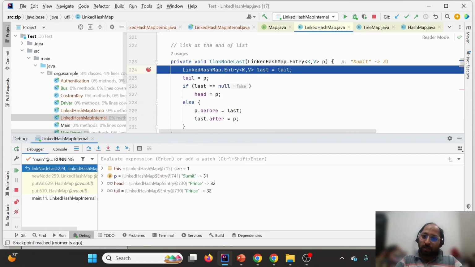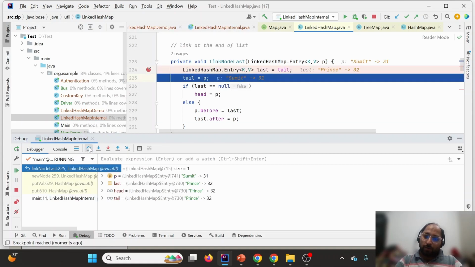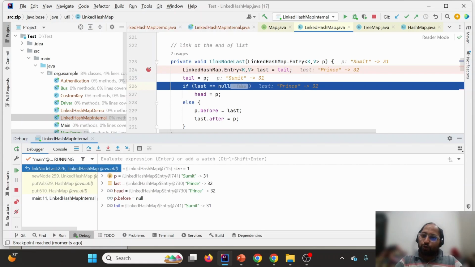If we go inside this time, what would be the tail? The tail was the previous entry because we updated this, right? So this was the new last; we added the previous value to the tail. So tail is going to be Prince comma 32 and the new node is Sumit comma 31, right? Now they have simply replaced tail with the new value. So last becomes Prince comma 32, which was the previous entry, and tail becomes the new entry, Sumit comma 31. This time last won't be null because last has some previous value,